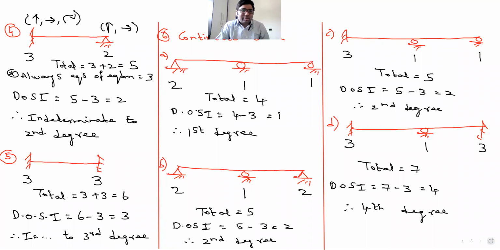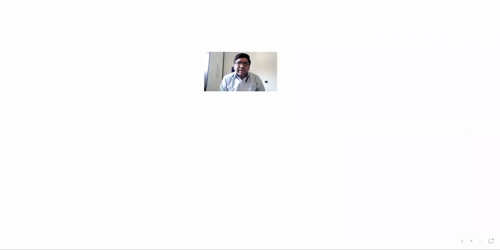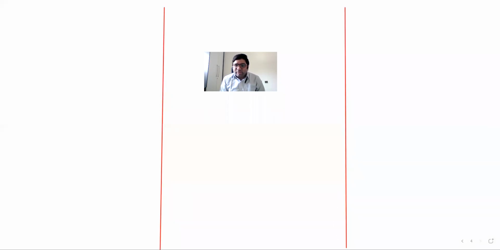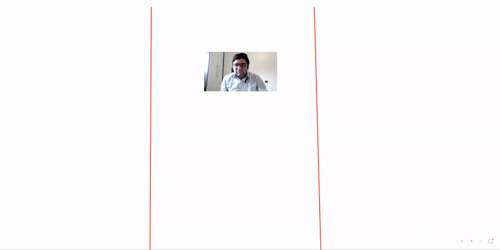Now let us move on to another interesting topic in the degree of static indeterminacy. So now let me start that. That is called the presence of internal hinge. The next concept is the presence of internal hinge. And internal hinge should not be there in statically determinate structures. I will write that. Just give me a minute. The next concept is the internal hinge concept.